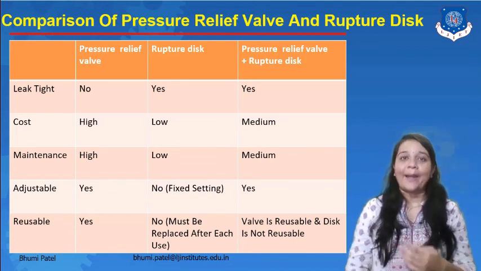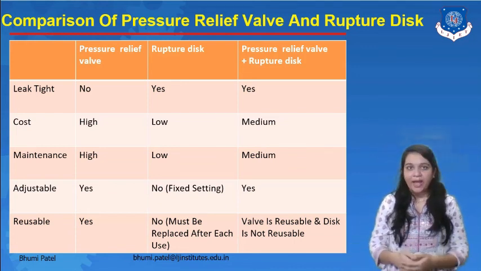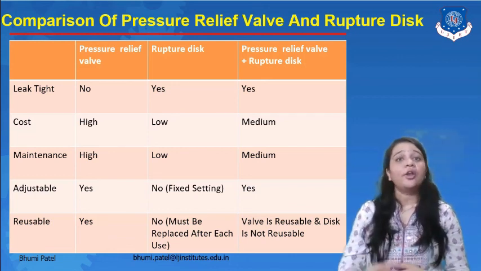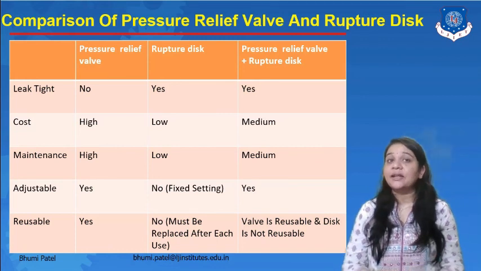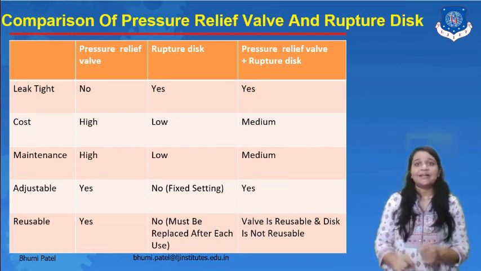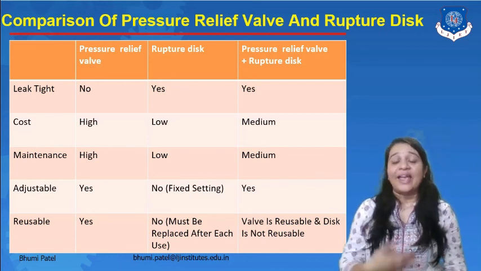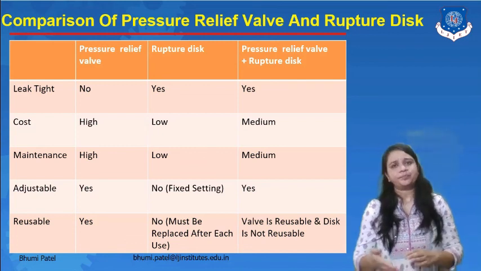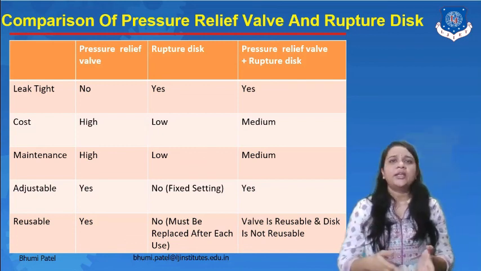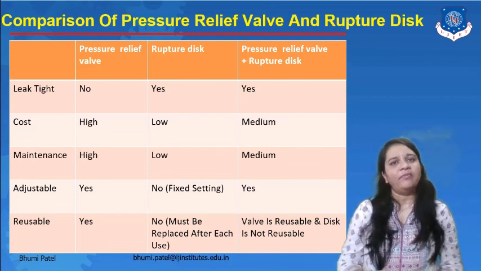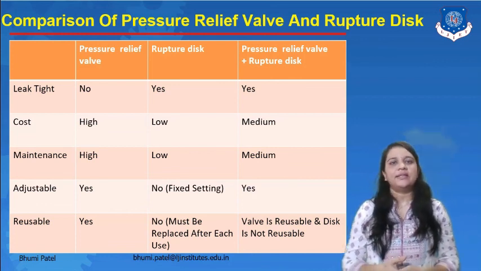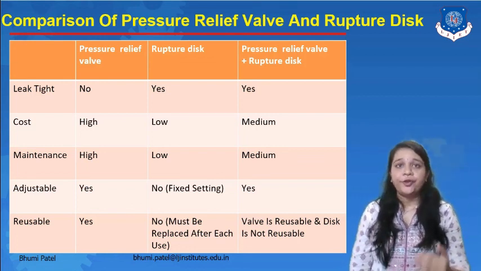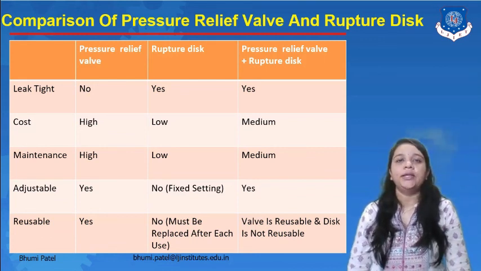So depending upon the application or the requirement, we can use the pressure relief valve and the rupture disc. Whenever the control valve requirement or characteristic is quick opening, we must use a rupture disc. But whenever the valve characteristic is linear, or linear plus quick opening, or modified linear, then we can use a pressure relief valve as well as the rupture disc. So depending upon the requirement, we can use different types of safety valve in the control valve.